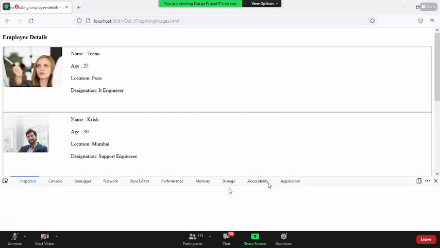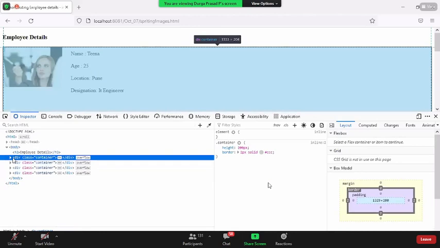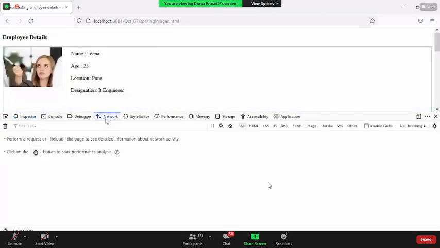Once I go with inspect, earlier we saw under the elements tab how to debug the HTML, the CSS, etc. Along with those, there is a tab which will showcase the list of all the resources that got loaded for the current web page, including the CSS files, the JavaScript files, the images, and any other resource loaded from the server.